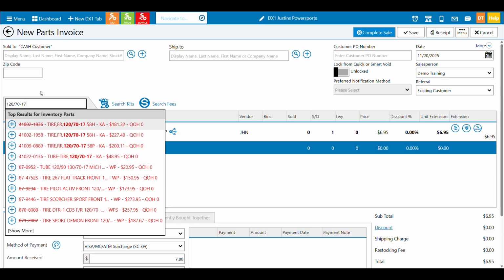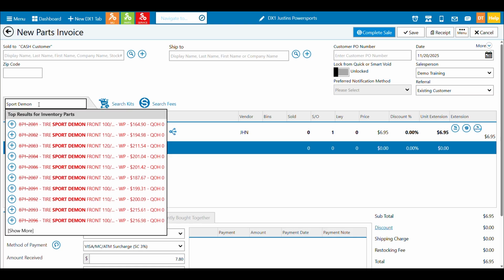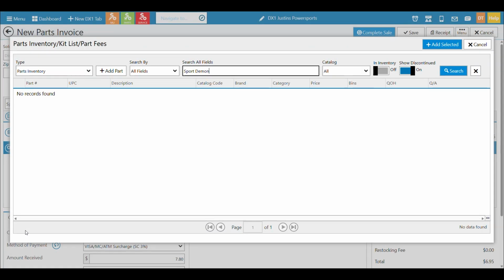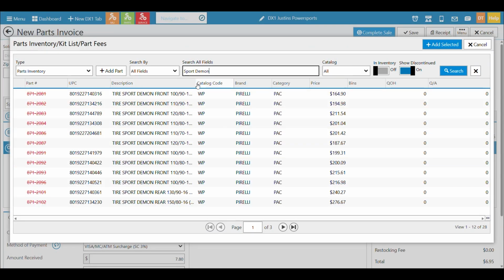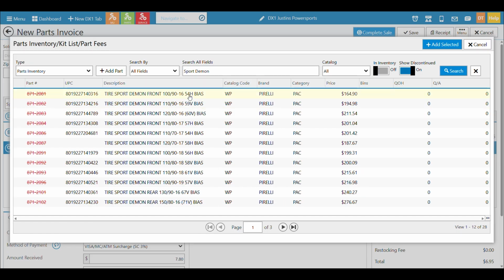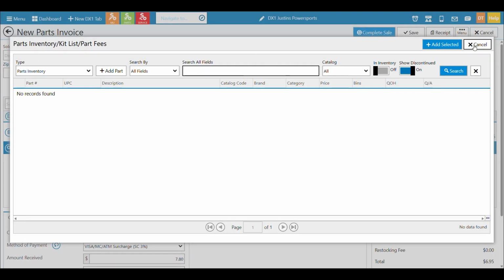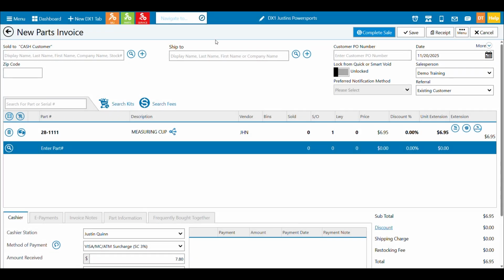I also could have looked by just to see what sizes I have in stock for a particular type of tire. For say I have a bunch of Sport Demons, I could come in here and I could quickly see what different sizes I may have in inventory. Just a reminder, you can move these columns again here so I can see the different sizes and whatnot. So again, just a different way for you to quickly find parts you're looking for without maybe going to your catalog or just opening up the part search and doing the whole search again anyways, trying to save you clicks.